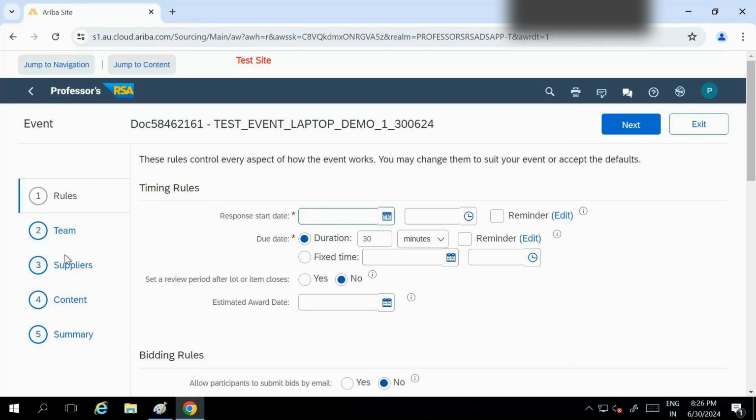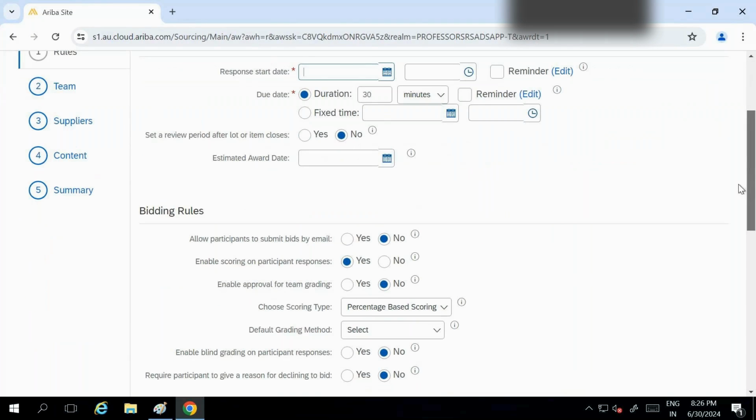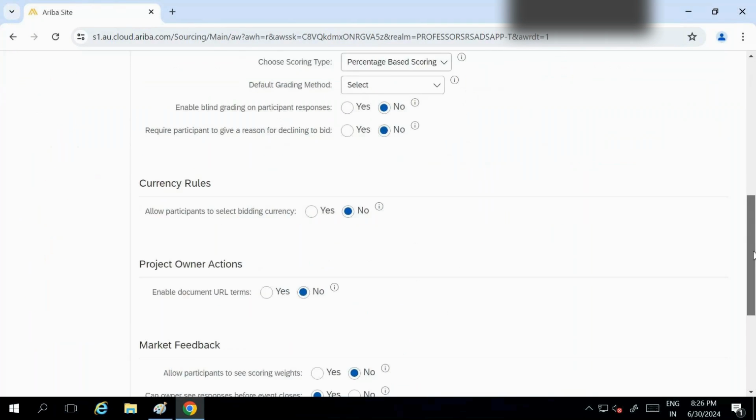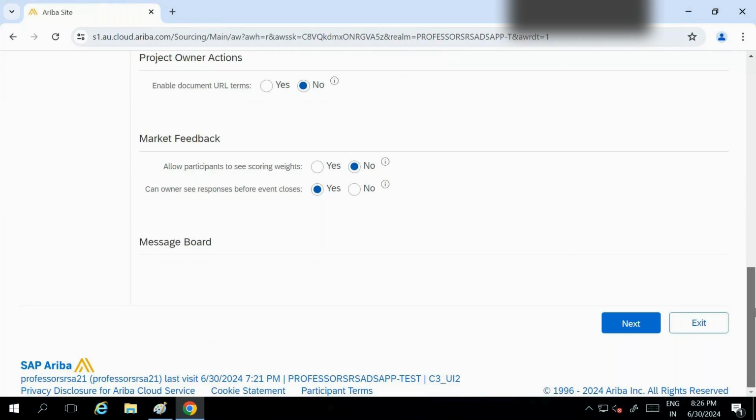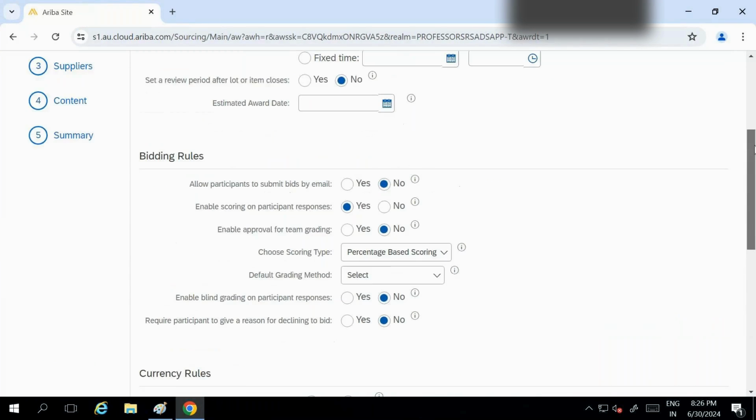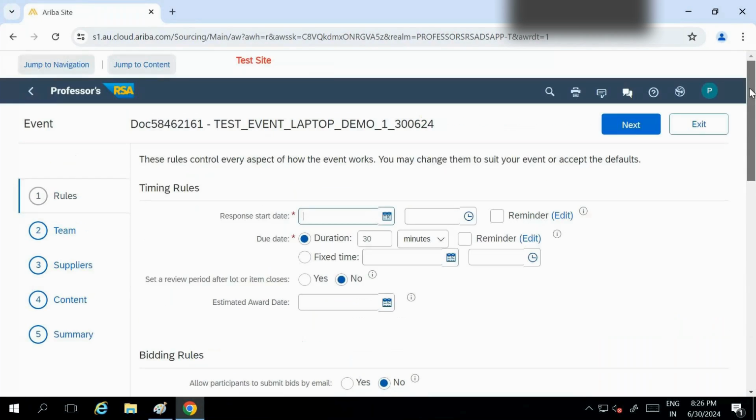So these are what are in rules. We have some set of configuration. If you see, timing rules, bidding rules, then we have currency rule, project owner rules, market feedback action rules, and then management board. That is nothing but how we are going to set this. So if someone is stuck in creating the timing rules, we can ask him where you are stuck.